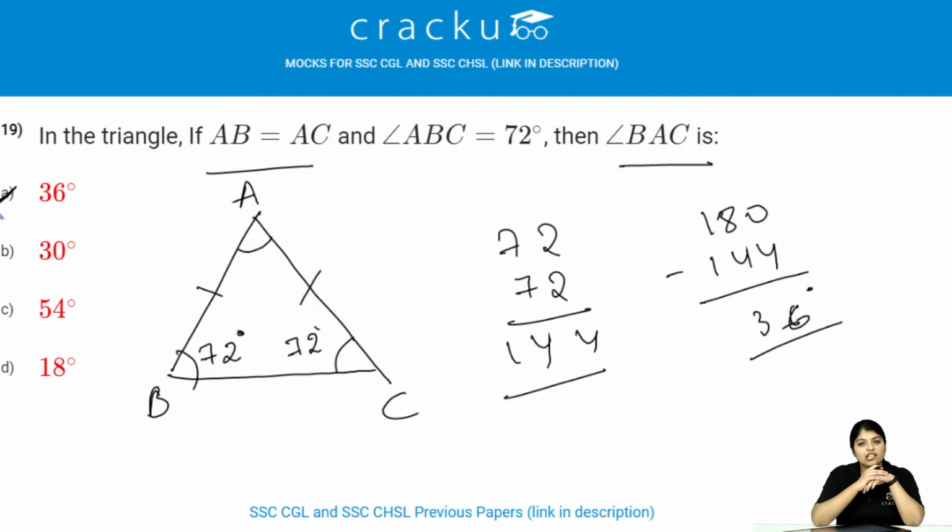See, the questions are really very simple. You need to just know the basic topic, like basic formulas related to the geometry or any topic. All the basic questions only been asked in the SSC exam, but you need to know where the key point is in the question. Like here in this question, the key point is AB is equals to AC, like two sides are equal. Immediately the thing should strike that if AB is equals to AC, then the angles are also equal. Angles opposite to the sides are also equal.